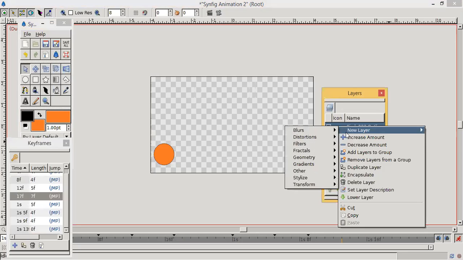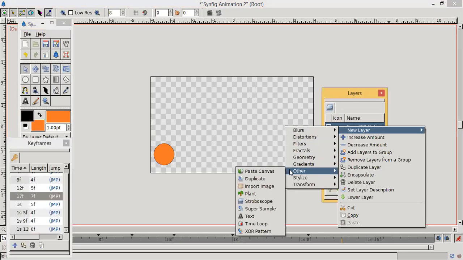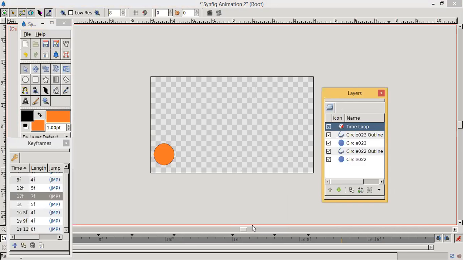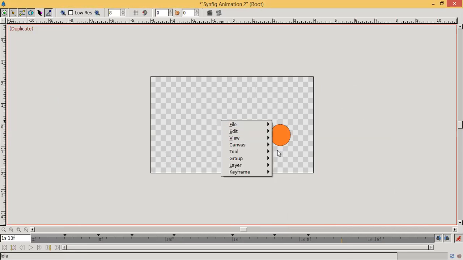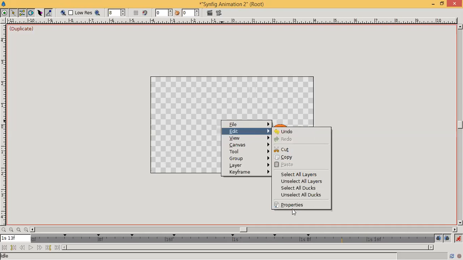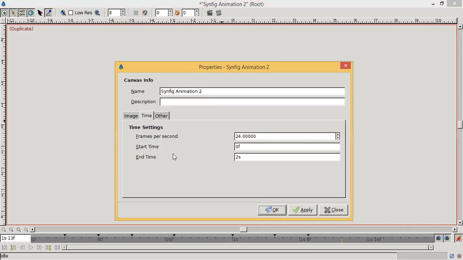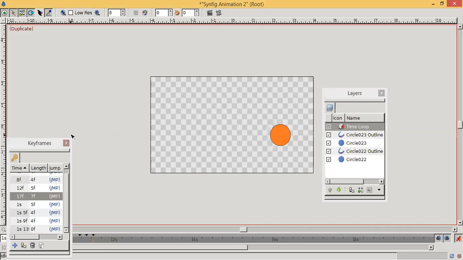Right click, new layer, other, time loop. Now we will go to right click, edit, properties. Here we will change the time from 2 seconds to 20 seconds. Our image will run up to 20 seconds.